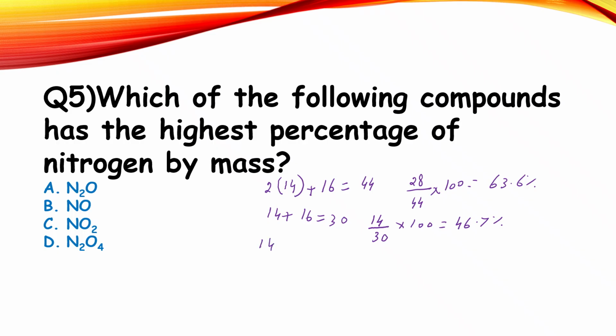14 + 16 multiplied by 2, which will be 32. So 14 + 32 is equal to 46. 14 divided by 46 multiplied by 100 is equal to